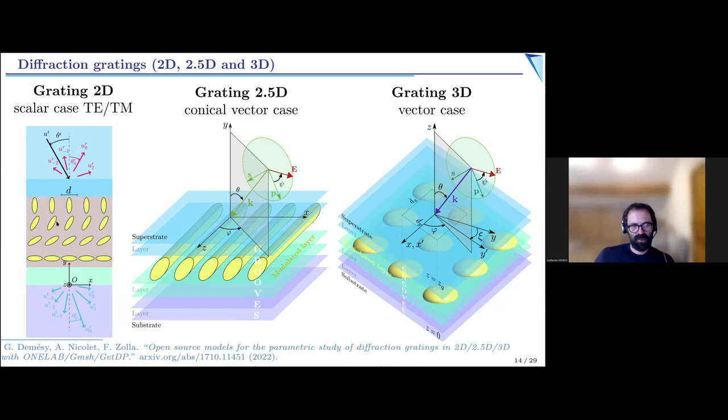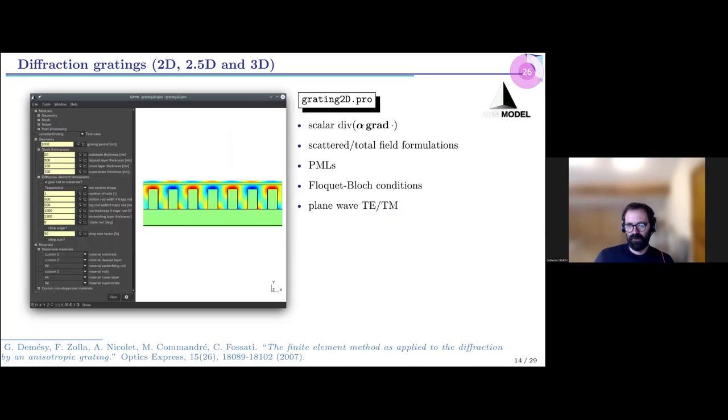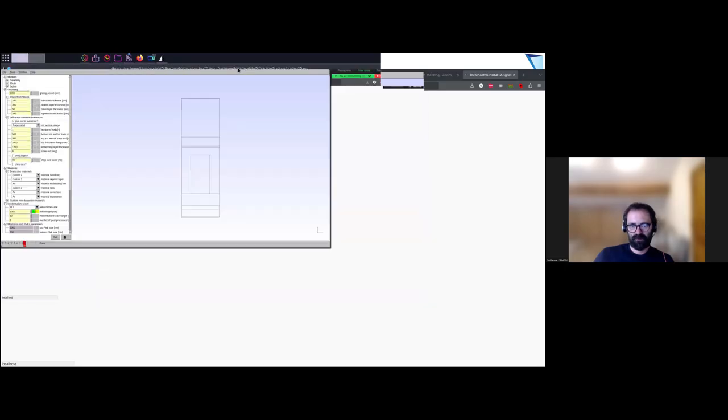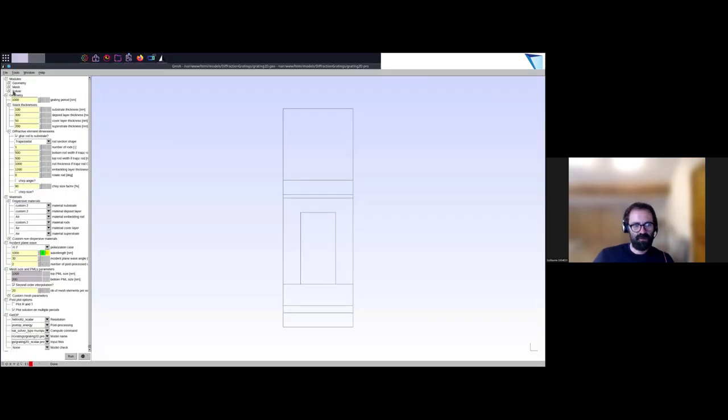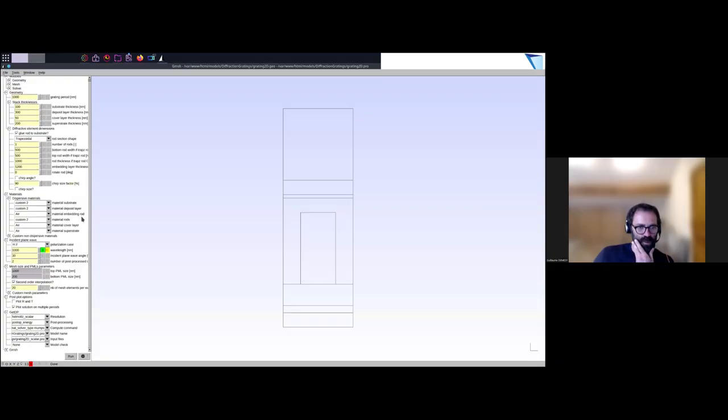It can be applied to the scalar case, the conical vector case, or the 3D case. And I'm just going to show you some more advanced application of all this, with this model, 2D.pro. If we try running the model, you see that it has quite a lot, maybe it's too complicated, this one. That's the tendency that we have when we develop a model. Maybe sometimes, if you're like me, you want it to be able to do everything,